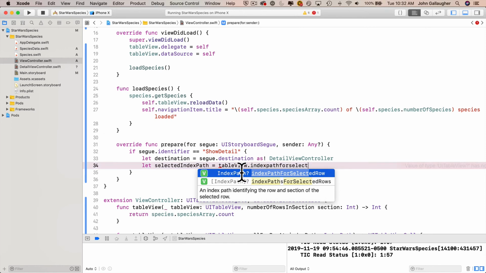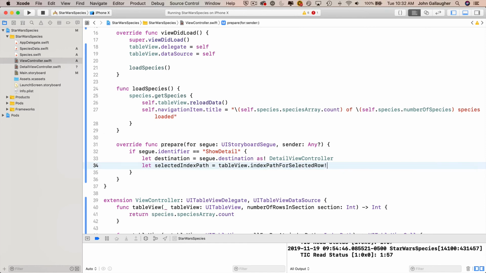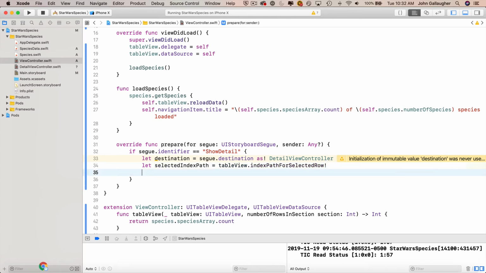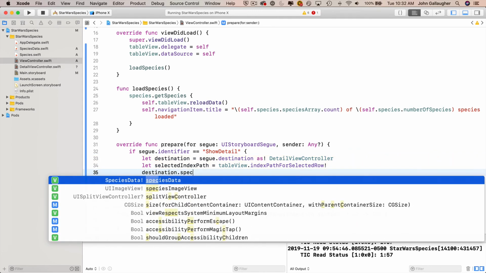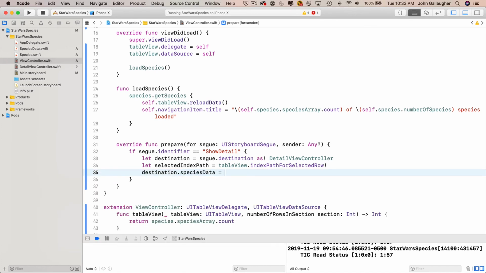And normally this is optional, but I know 100% that if I'm in here and this segue is attached to clicking on a cell, it's always going to execute when I've clicked and I have an index path. So that's why I'm forced to unwrap here. You could do a check for possible nil in there, but the way that I've set this program up, it'll never be nil. And then I'm going to say destination dot, and remember the value that we just added, which is species data, to catch what we're throwing over here. So we're going to refer to destination.speciesData, and that's going to equal